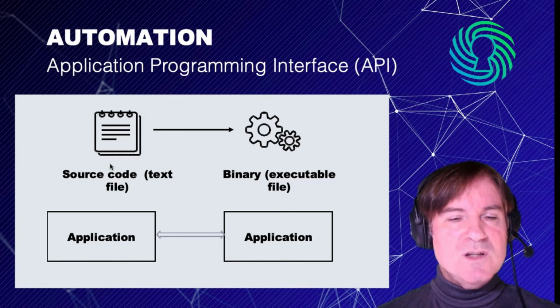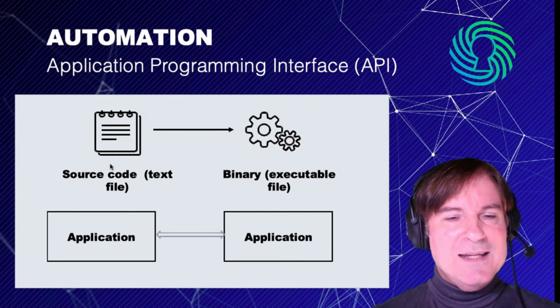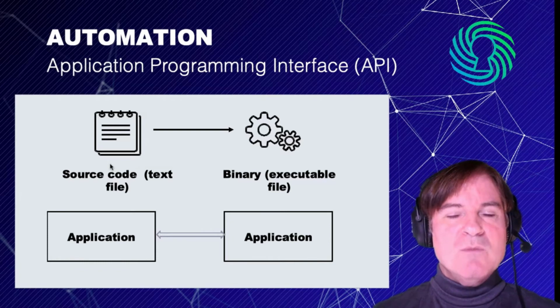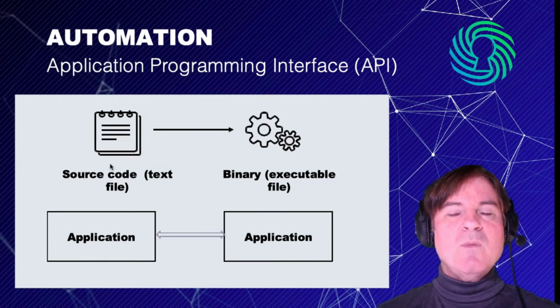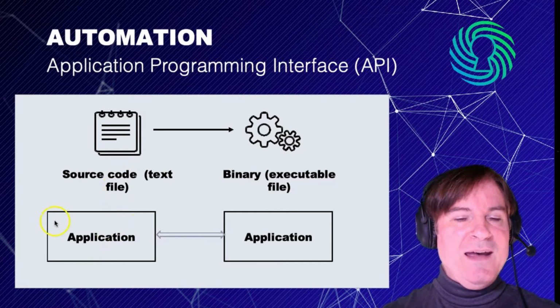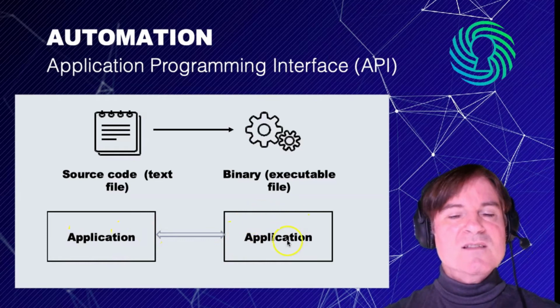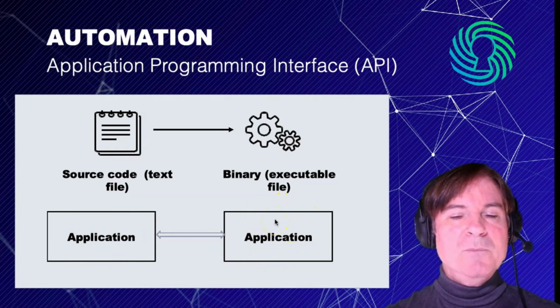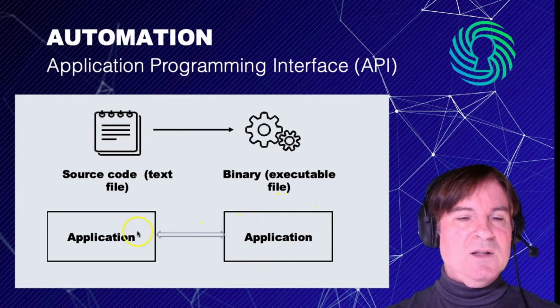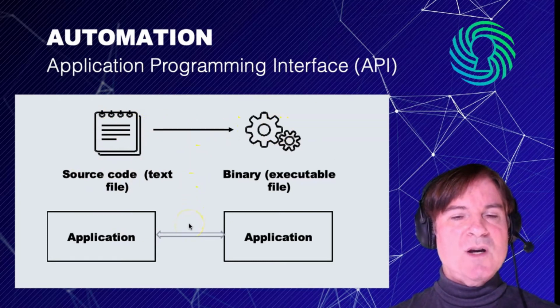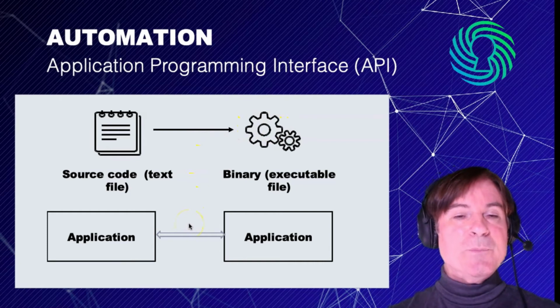When the programmer's finished, that tool, the IDE, the independent development environment, will build an executable file that your server or your computer will understand so that it can execute what the API wants to do. So that if we have this Salesforce application that wants to have Office 365, say, send some emails to some new prospects, it will do that automatically. The software engineer simply writes the code in the source code file, generates an executable, and then drops this into the enterprise environment where it will do this.